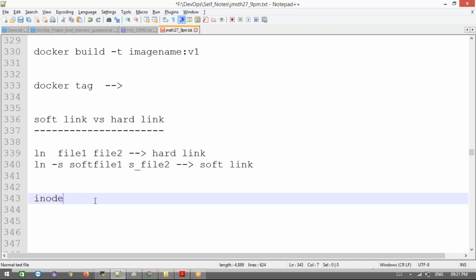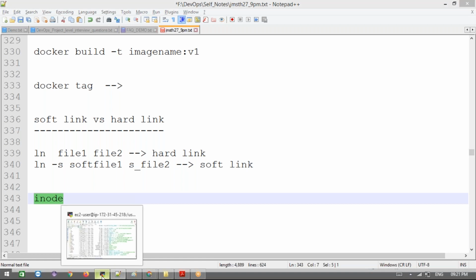Inode means any file, any folder you create, by default the system internally creates a number for it. The kernel understands that number only. When you call any file, or cd to this path, the system goes by this number, and it shows us the actual file, but internally it understands using this inode value.